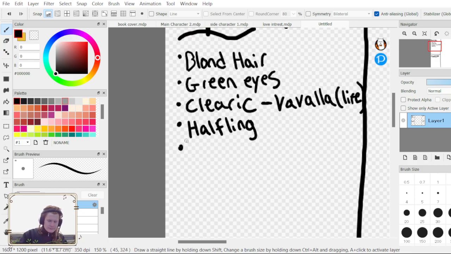Go with halfling. So she's gonna be short. I'm thinking something like 4 foot 2 inches. That's not too bad.